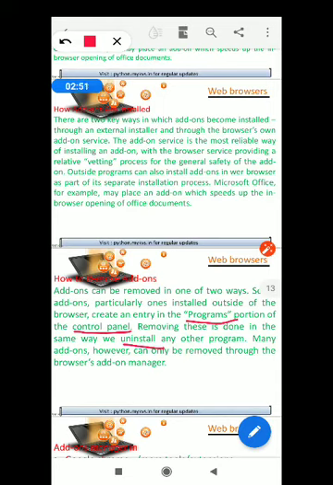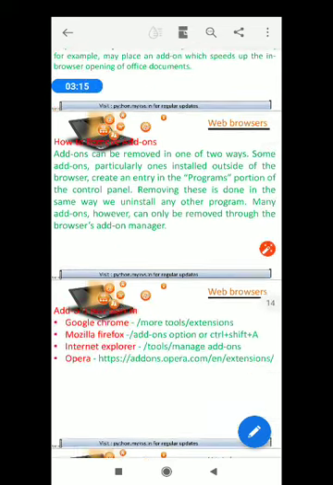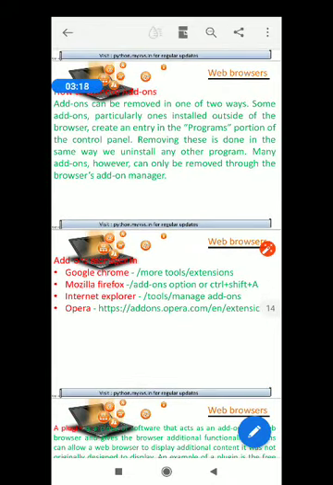So to remove add-ons, please note down in your copy: go to control panel, and under the programs section, just uninstall the add-on program. That's all.